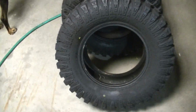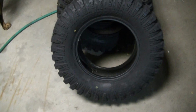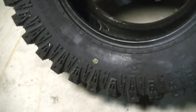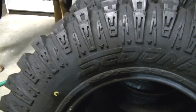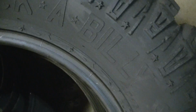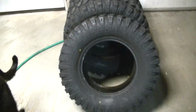These are an 8-ply tire too, so I really like that. Size 28, 10, 14 is the tire size. I guess they're saying it's a 255, 70, 14. That's the metric size. The Rockabilly. I guess these are what they're calling a rock tire,